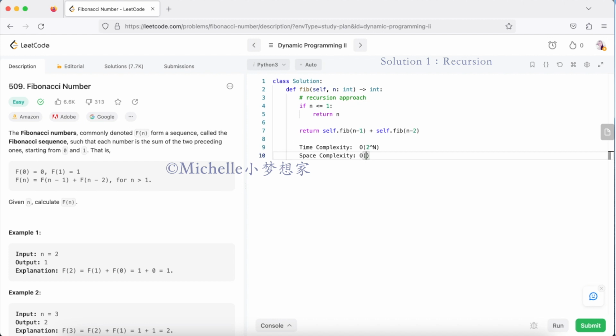So we will have the space complexity as O of n. So this is our very first approach. Then we have to notice here, whatever the problem is or whatever approaches you have,